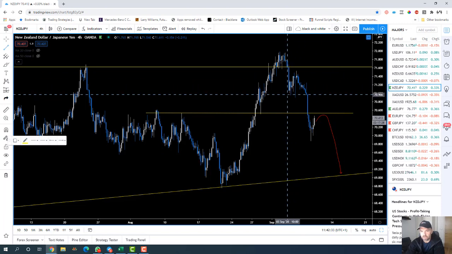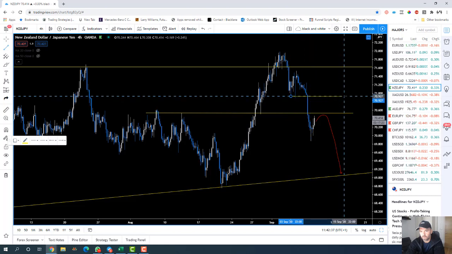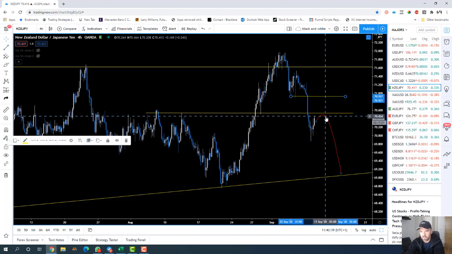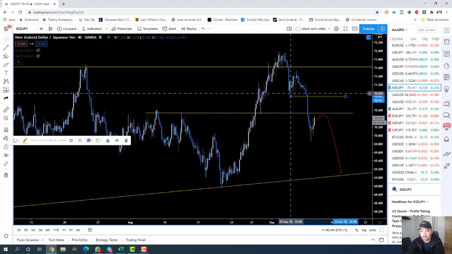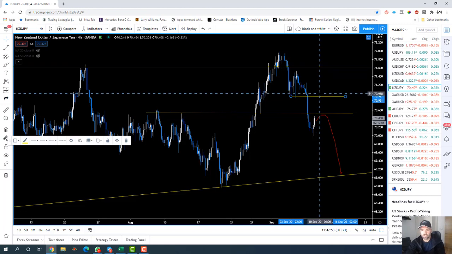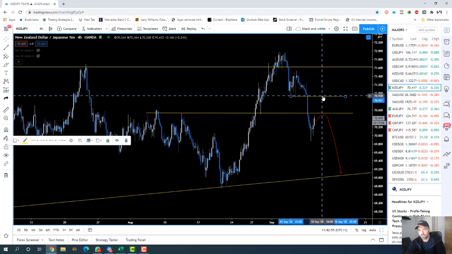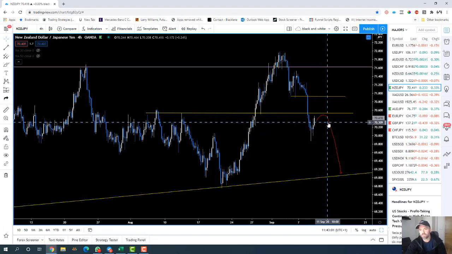I do expect the dollar to continue, and I do expect the risk off sentiment to continue, but we will be ready just in case price could actually push up a little bit higher towards the 71 even handle, these swing lows and spike lows in here. But either way, we'll be looking for trading opportunities from either 70.50 or 71.00, trading with that continued risk off sentiment, which is trading those risk currencies to the short side and buying the safe havens, whether that's the US dollar or the Japanese yen.